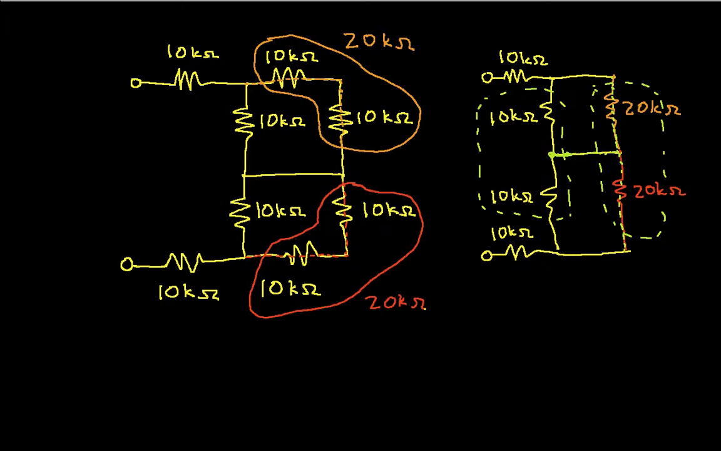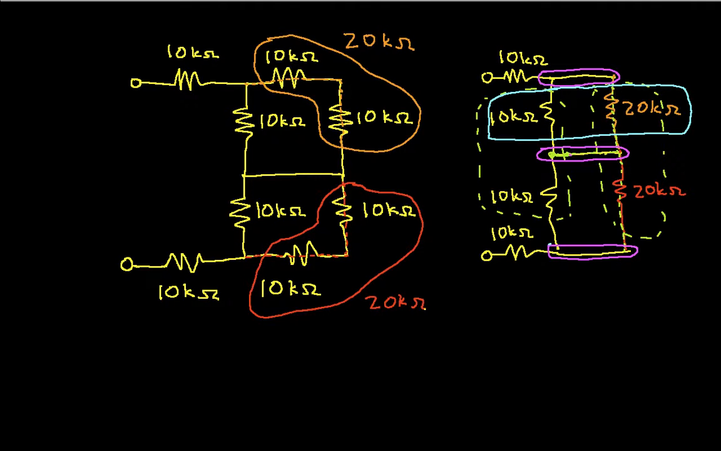If we look at things somewhat carefully, we can see that this is a node, this is a node, and this is a node. And the fact that each of those is a node means that we actually have two parallel combinations. So this 10k ohm resistor and this 20k ohm resistor form a parallel combination because each of the resistors is connected to the same two nodes. So we have a 10k ohm in parallel with a 20k ohm resistor,